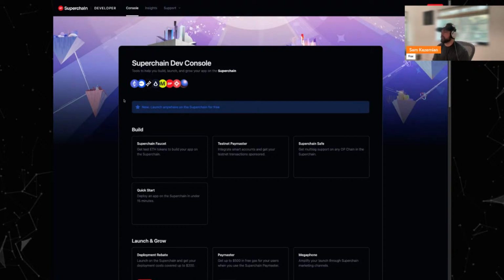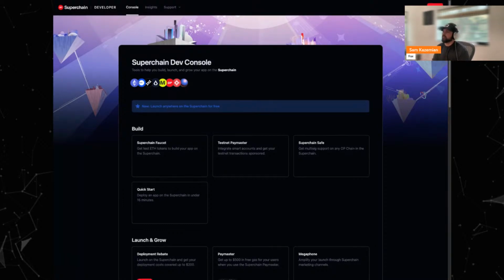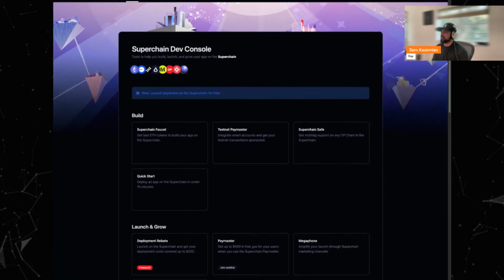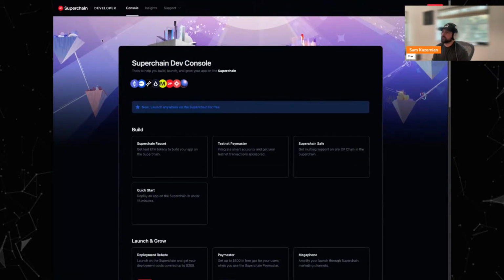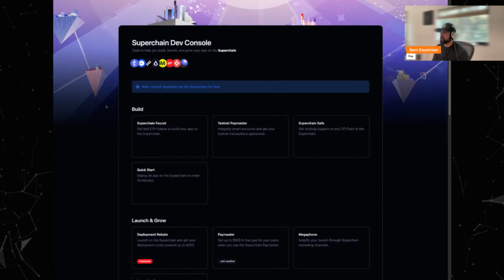One of the things we want to make sure that devs are aware of is that if you're building on Fraxtal, in terms of superchain perks, you get the exact same perks, features, and resources that Base and the other superchains have. So one of my favorite places to go is the superchain console, console.optimism.io,